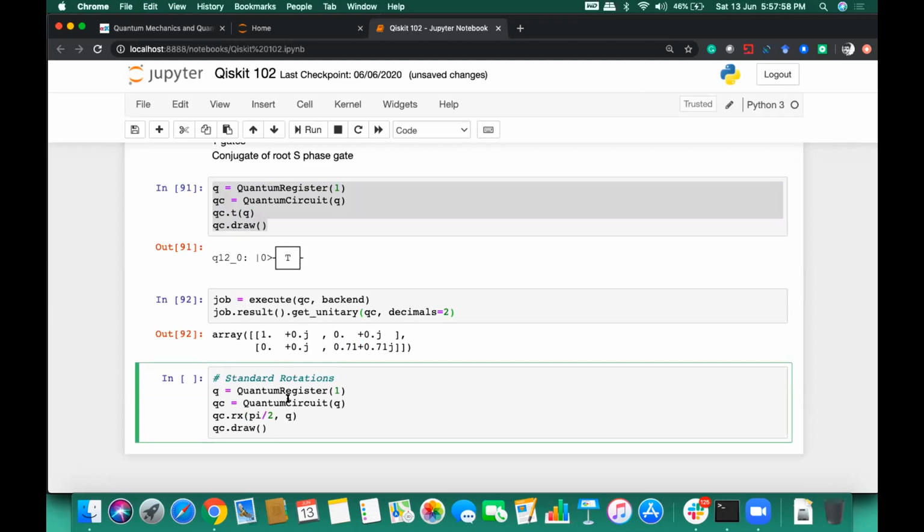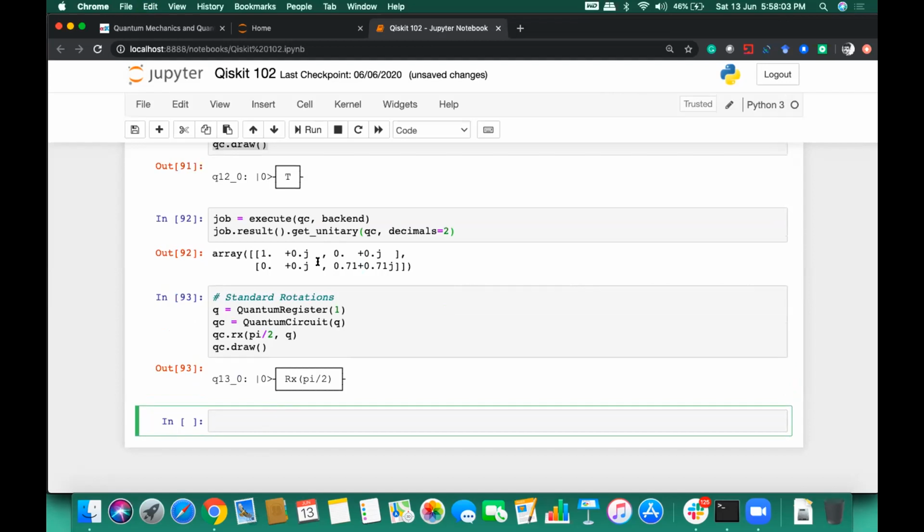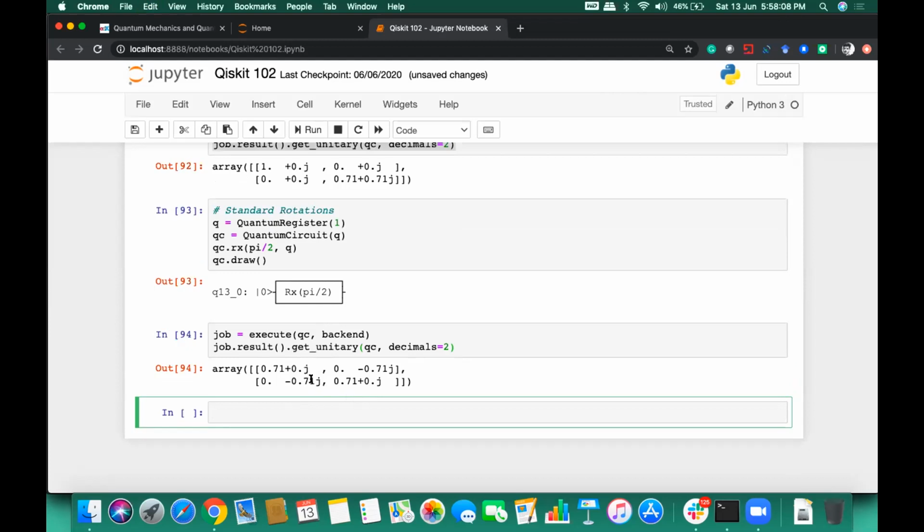Here I'm going to rotate by pi by 2. So this will be the circuit, and when you execute it, you can observe that the phase has been rotated by pi by 2. That's why these values have become negative, the imaginary part here. All right, so this rotation was around the x-axis. Similarly, if you want to rotate around the y-axis or z-axis, you can just call RY or RZ like that.